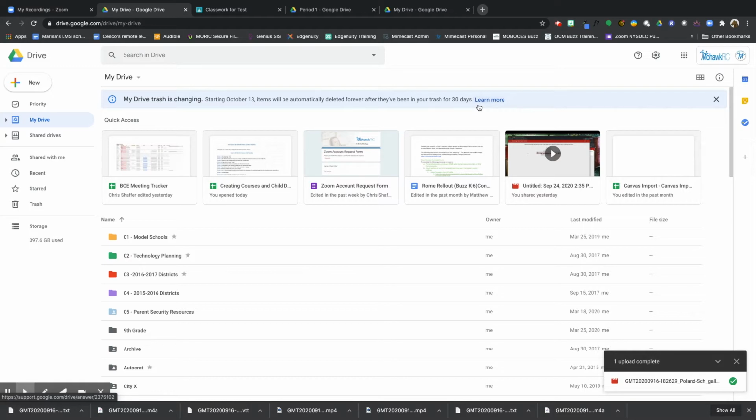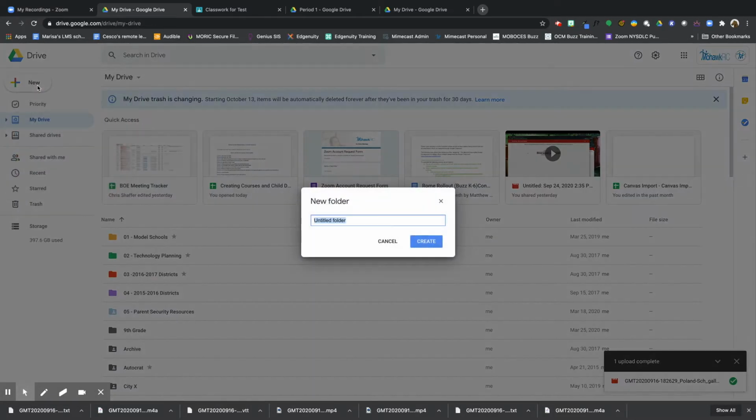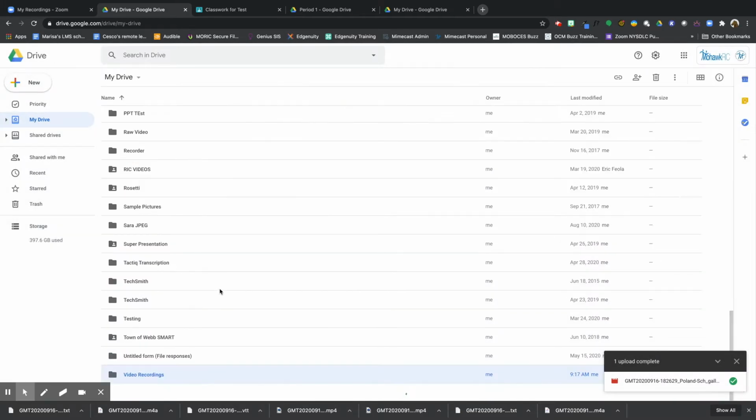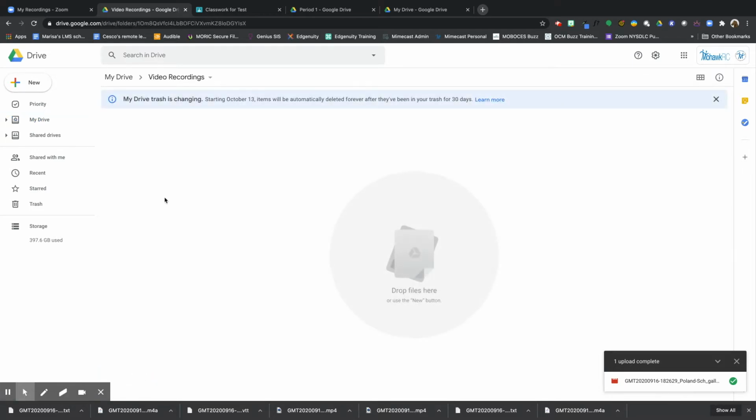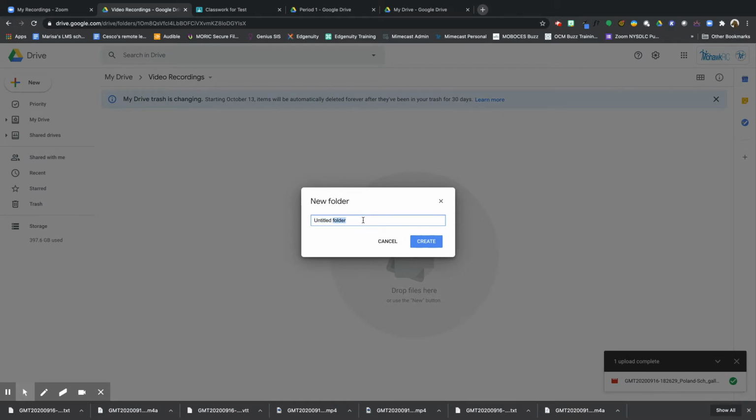So first thing I'm going to do is in Google Drive, I'm going to create a new folder, and I'll call it video recording. I'm going to select create, and that's going to create that folder for me. From there, and this all depends on how you want to organize things, I can create a separate folder for each period, or I can create this video recordings folder and build out each period. So in this case, period 1, technology,